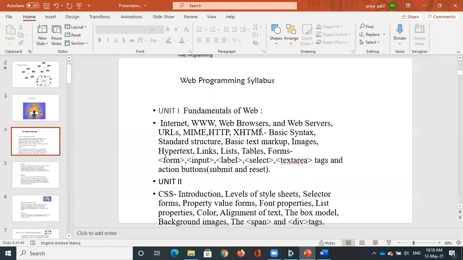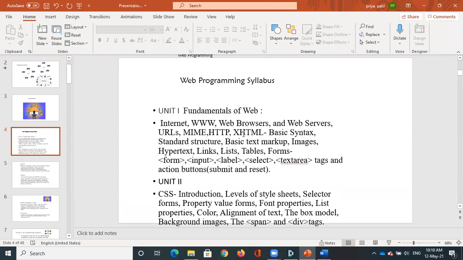So we are going to follow some rules and regulations, or the guidelines, in the OSI model. We can say those are nothing but the protocols. So we are going to study about the MIME protocol and HTTP, the hypertext transfer protocol. These are the basic protocols that are essential to run any web program or web application.